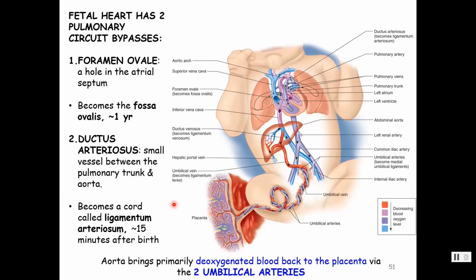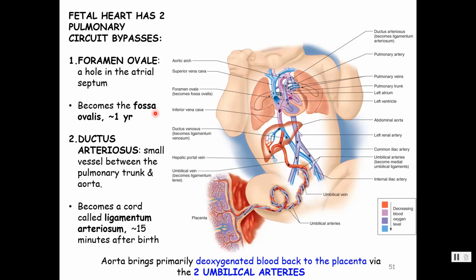All right, so if you think about it, since the baby is getting all its oxygen from the placenta, from the mother, there is really no reason to send that oxygen-rich blood coming from the placenta to the fetal lungs, because the fetal lungs aren't developed yet, and the fetus is developing inside amniotic fluid. So there are two bypasses to the pulmonary circuit. In the wall between the atria, there's something called the foramen ovale, which just means oval-shaped hole. This will become the fossa ovalis, if you remember that structure. I know it was a long time ago we learned that,